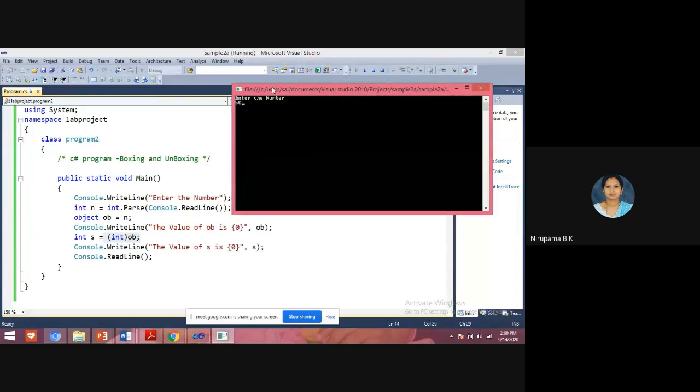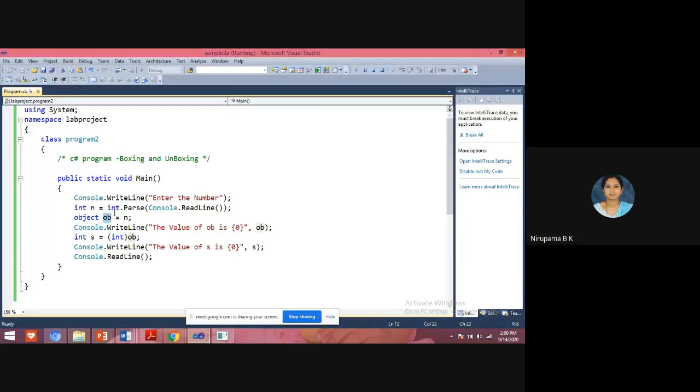Okay. So 50 is the value which I have taken for the variable n, and I have passed it to the variable ob. For ob I have not declared any data type because this is of type object. This process is known as boxing. I am boxing the value.